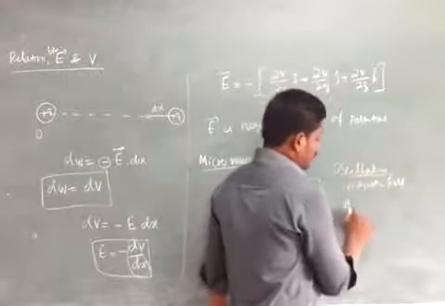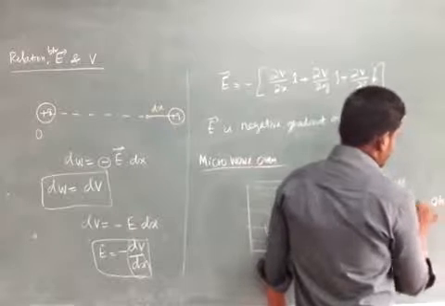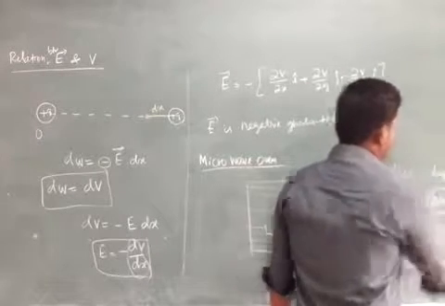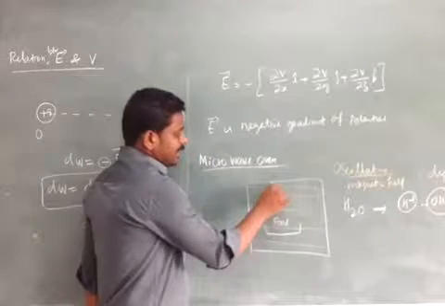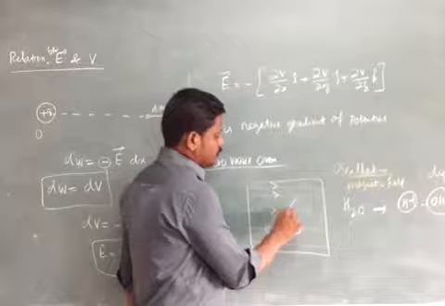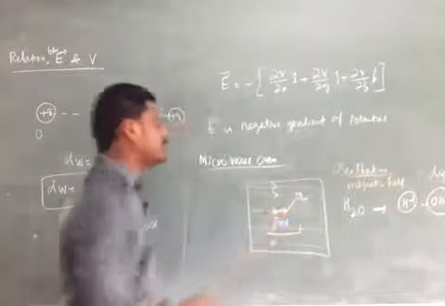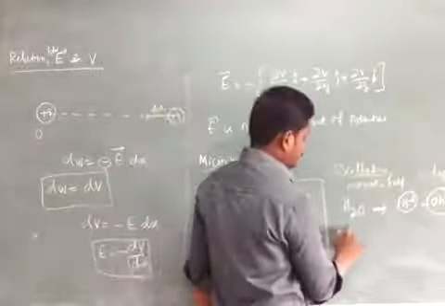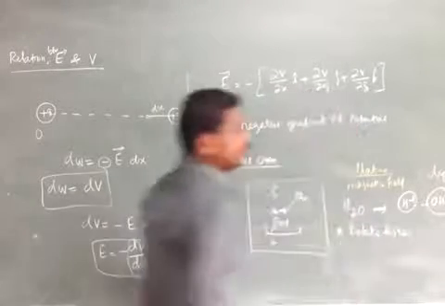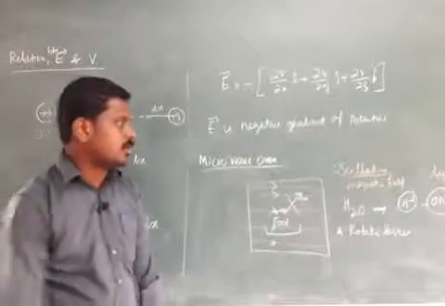We already know water splits into H plus and OH minus. H plus and OH minus constitute an electric dipole, a permanent dipole. When a dipole with charges minus Q and plus Q is placed in the electric field, it rotates. It makes the dipole rotate faster, and due to the rotation the H2O bond may break.